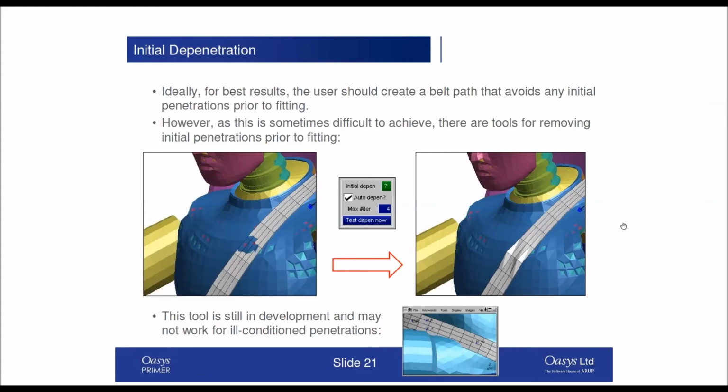So what we see here is we've got some crossed edges or penetrations with the jacket of the occupant there in the belt. If we've got this initial depenetration turned on, it's turned off by default, we get some local fixing that occurs in the belt. So that's what we see here. So we get some local movement of the sort of belt nodes there prior to fitting. Obviously that looks a little bit strange there, but then during the fitting that gets pulled tight, so it doesn't